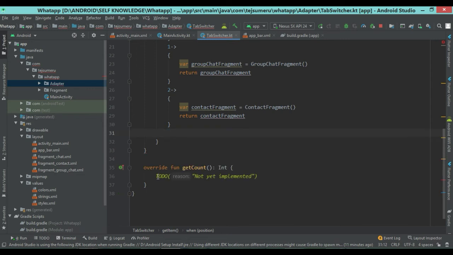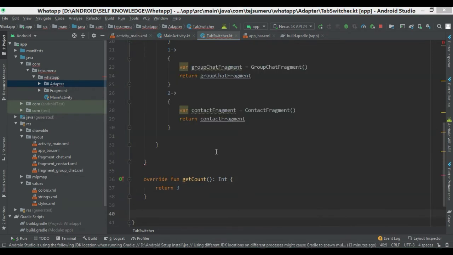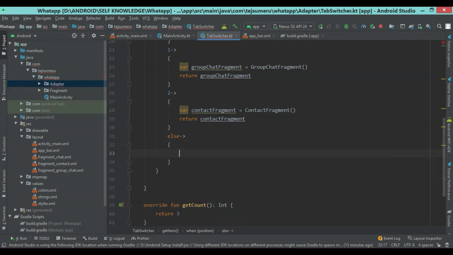In getCount, we are returning 3, and in the else part we are returning null.